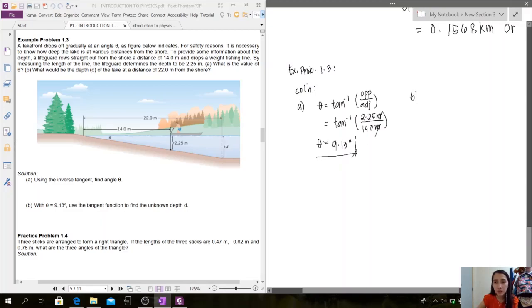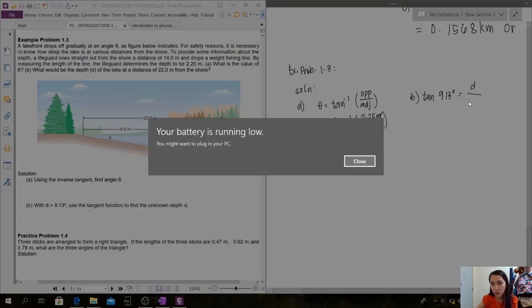For letter B, use the tangent function to find the unknown depth d. So, we'll consider this bigger right triangle. So, tangent of 9.13 degrees is equal to the opposite side, or the depth d, all over the distance from the shore, which is the adjacent side,